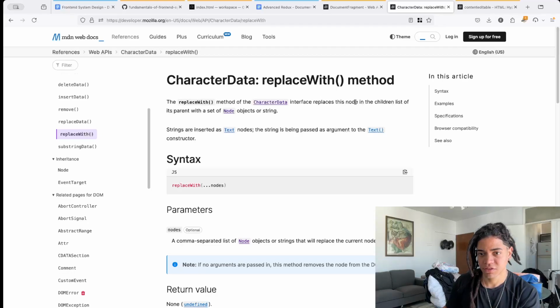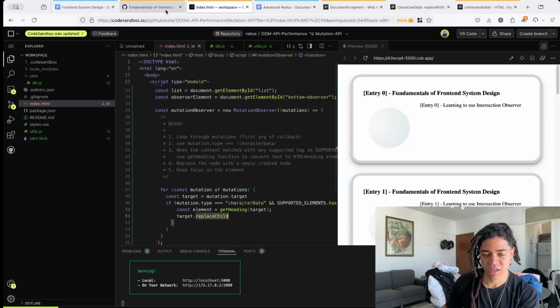The interface replaces this node in the children list of the parent with the set of node objects. Strings are inserted as text nodes. So from the character data, you say, hey, I want you to replace that, replaceWith,